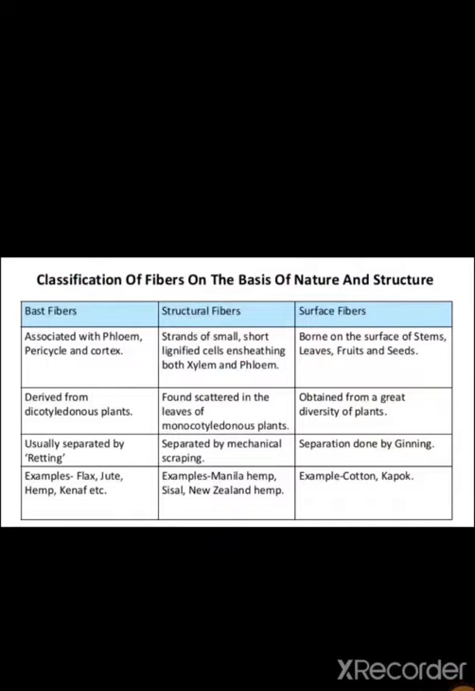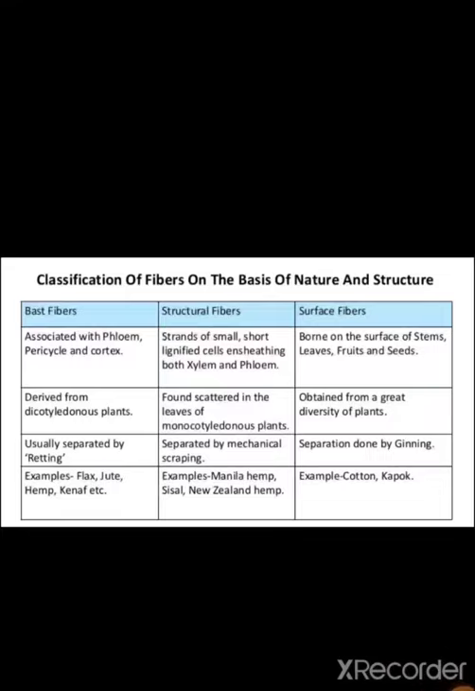Bast fibers are associated with phloem, pericycle and cortex, derived from dicot plants, usually separated by the process of retting. Examples of bast fibers: flax, jute, hemp. Then structural fibers: